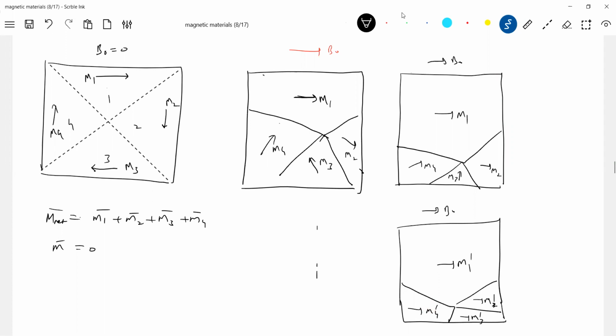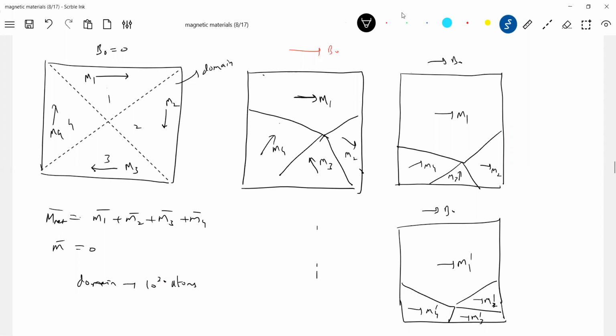This is called a domain. So what is a domain? It's a region made up of a group of atoms. Around 10 to the power of 22 atoms come together and form a domain, roughly. Say 10 to the power of 20 atoms. So each domain contains about 10 to the power of 20 atoms. Some books say approximately 10 to the power of 18 to 22. Each domain contains this many atoms.